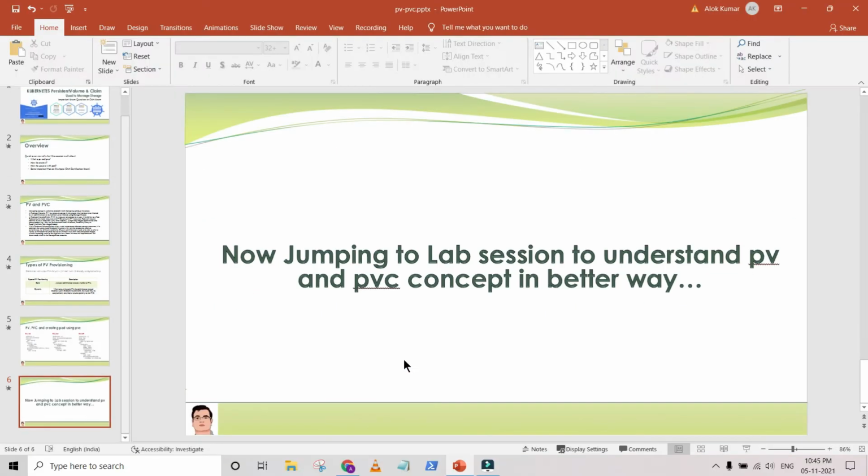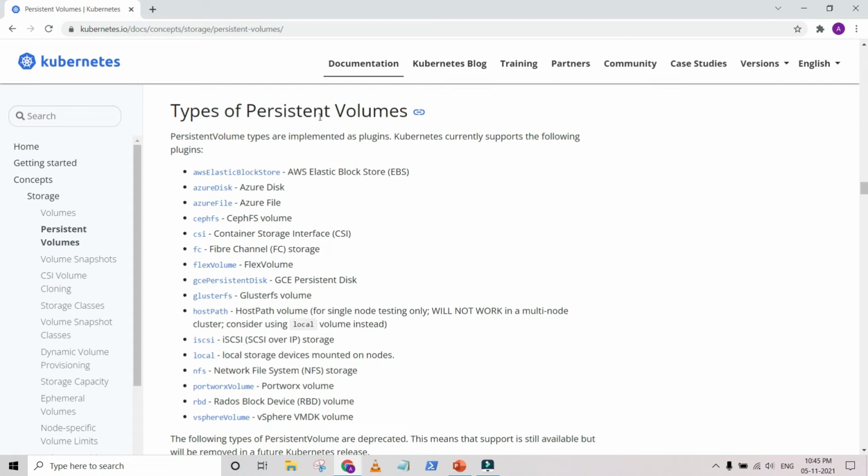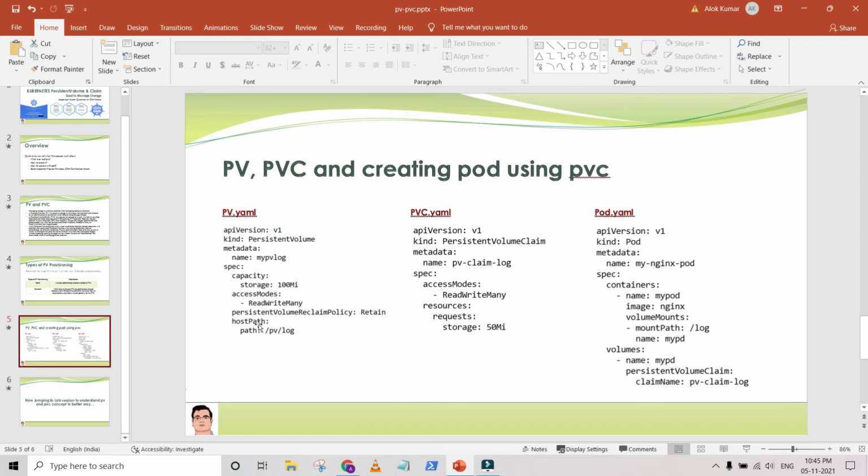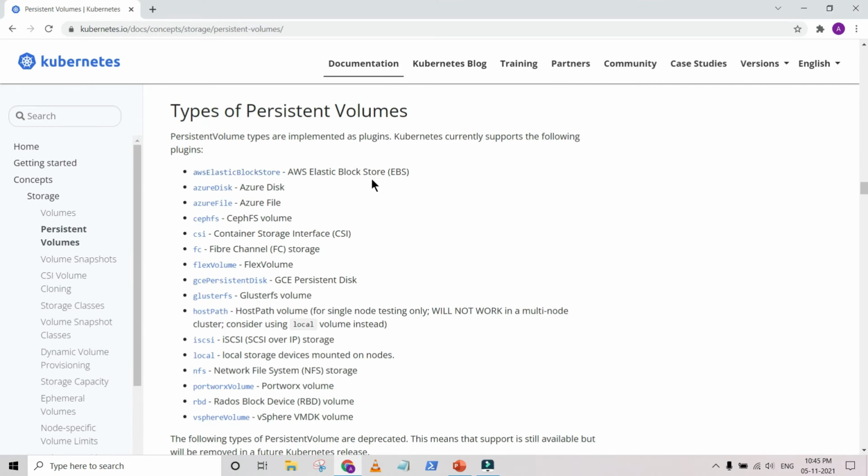And one more thing I just want to show you, for the persistent volume, like we utilized here, in this particular case we use the local host path. You can use other types too, like a persistent volume of type EBS, Azure Disk, Azure Files. These are all types of persistent volume. So it's not that you have to keep the log file locally. If you want, you can utilize any of these providers supported by Kubernetes to put your log file into those locations.